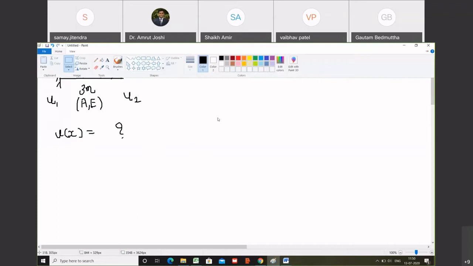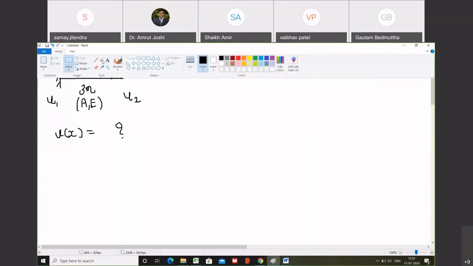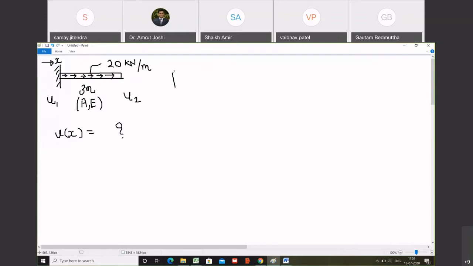So how do we define this prismatic bar? A prismatic bar is defined by three properties. One is its length. Second is its area of cross section. It is going to remain the same over the entire length. Not only area, its shape is also going to remain constant over the entire thing. So therefore, I should also draw the shape. Let us say the shape is rectangular, or let us say the shape is square in nature, such that both dimensions are b and b. That shape and size remain the same over the entire length of 3 meter. Therefore, we call this bar prismatic.